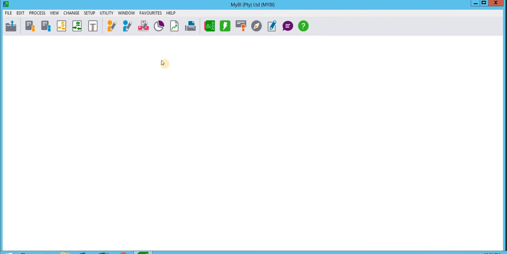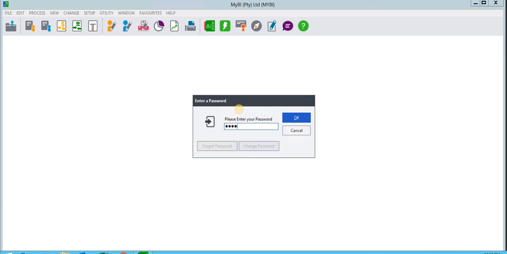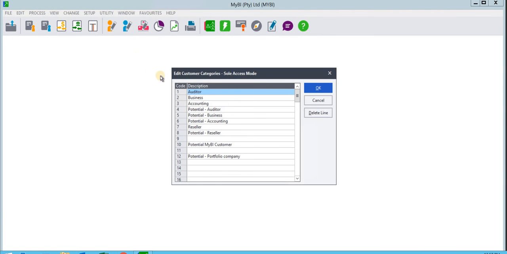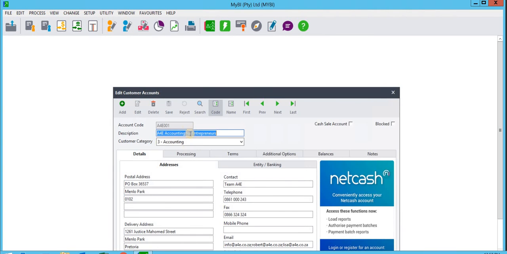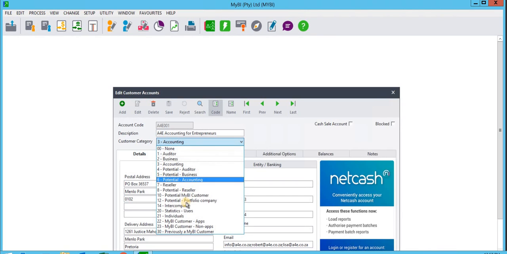So the reason why I'm showing you guys this is when you look at Pastel and you go and see, is this possible? Pastel has this feature that's called a category. So you can categorize each of your customers and your suppliers. You can bring in a category called intercompany. And if you then go into your customers and your supplier side, and this is across your whole group in each of the companies of your group, and you say, well, this company is intercompany over there,